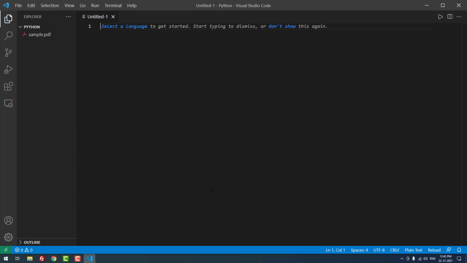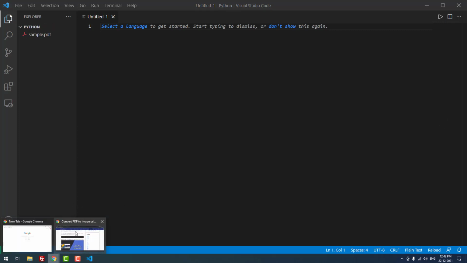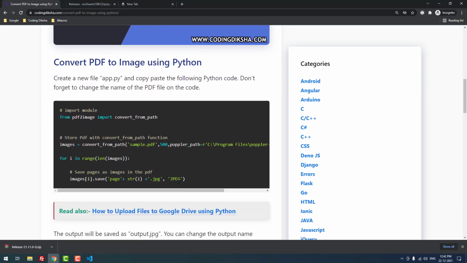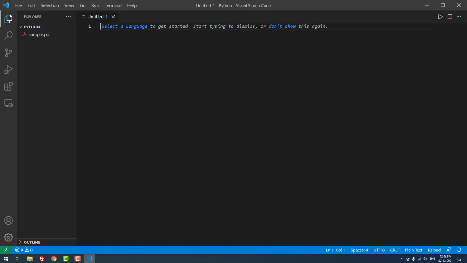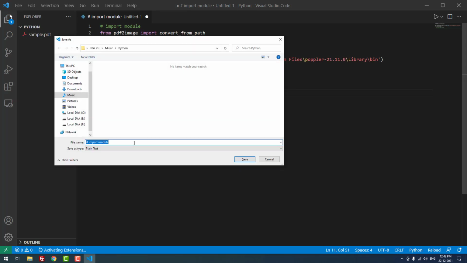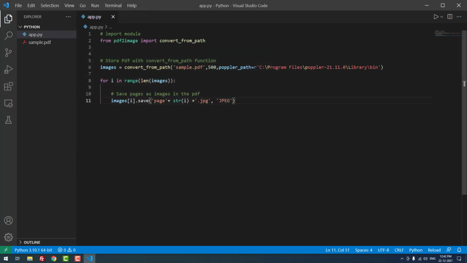Now I am going to copy and paste the Python code which is used to convert PDF to image, JPG, JPEG or PNG. I copied the code and I am going to save the file as app.py. You can see here, first I import the module pdf2image, using import convert_from_path.